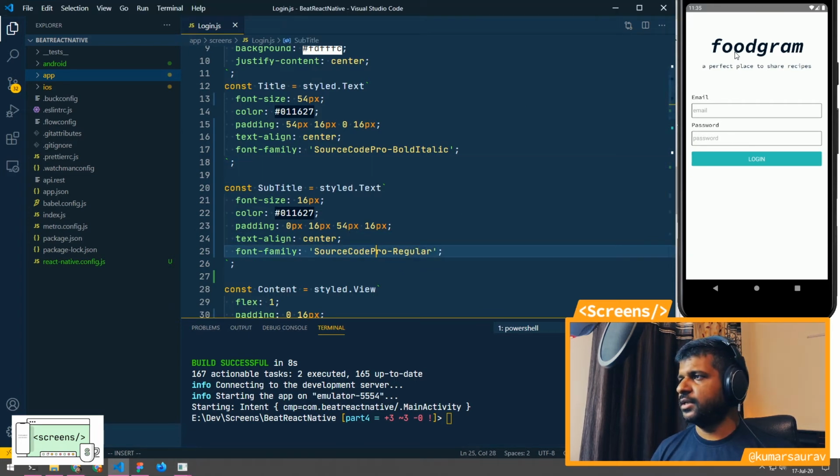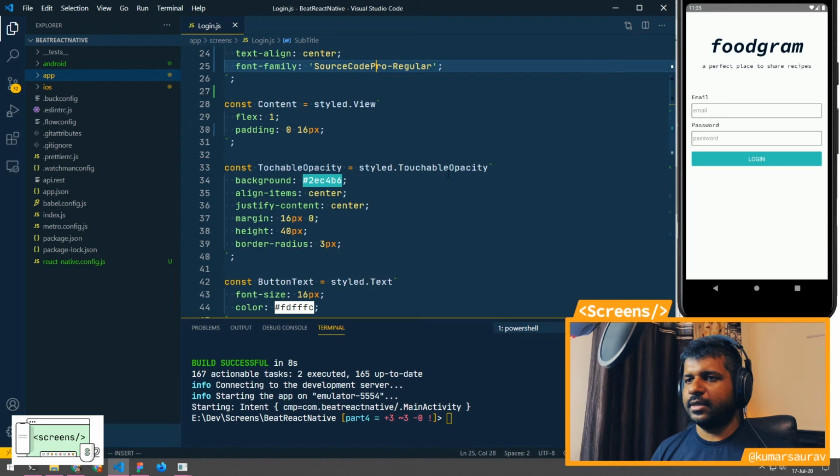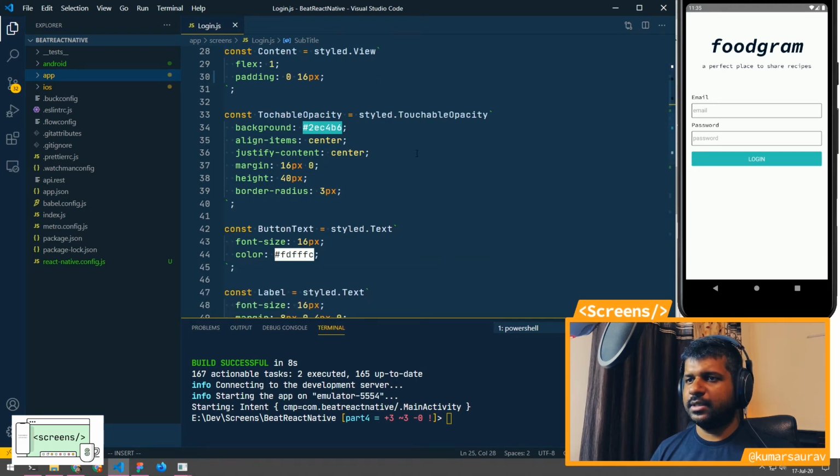Cool. So we have our logo here with the name Foodgram and the caption, a perfect place to share recipes. This is fine.